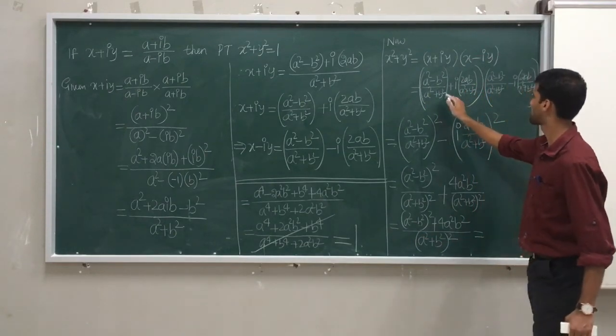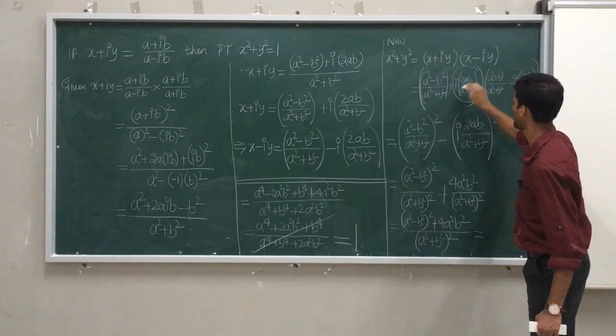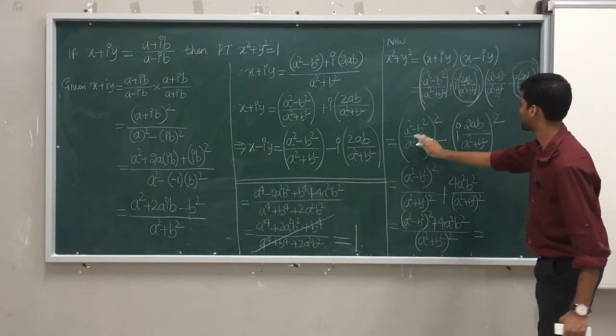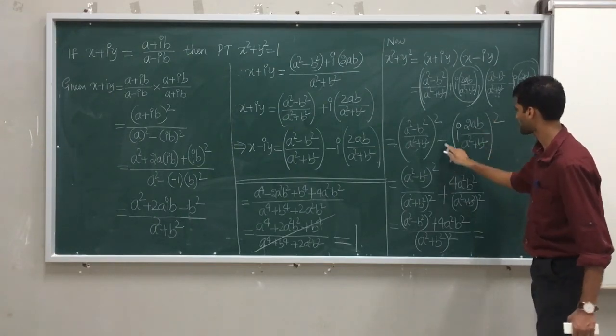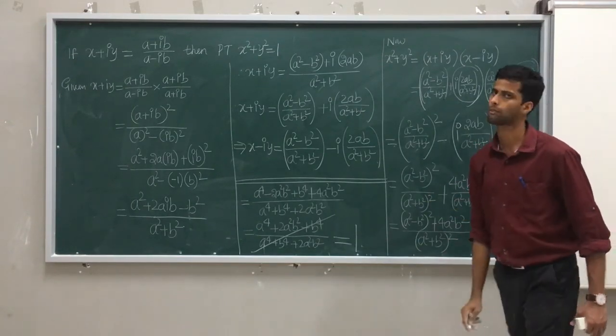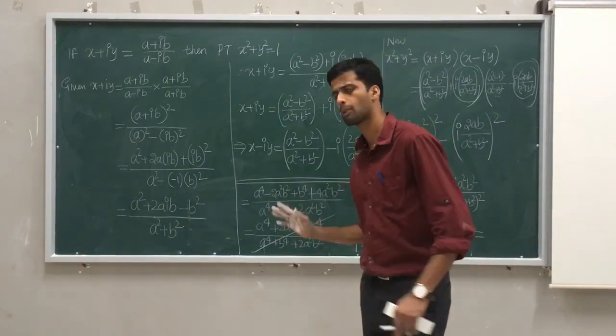The only mistake I made was taking a plus b, a minus b as a square minus b square. The b has i also included. i square is minus 1. Therefore minus minus becomes plus. Rest all are the same. I simplified, I got my answer. With this I proved this particular result. Okay. So please take care of all this problem.